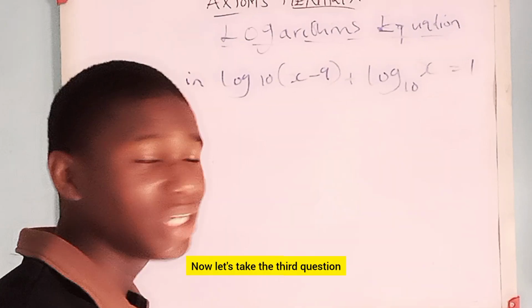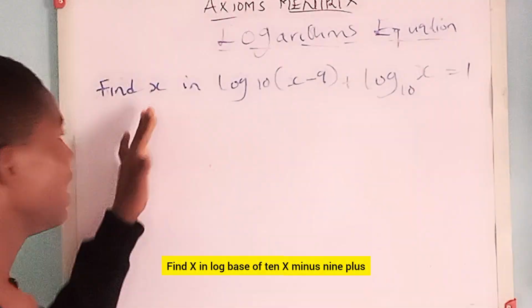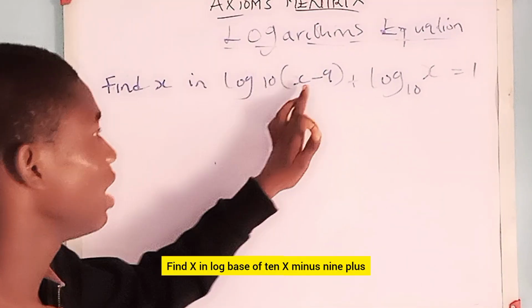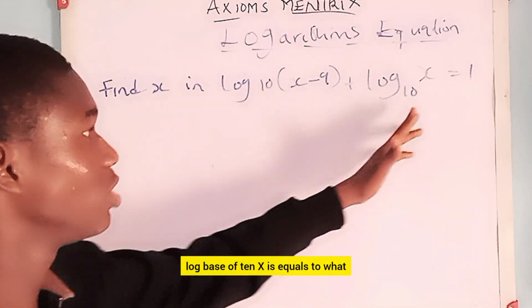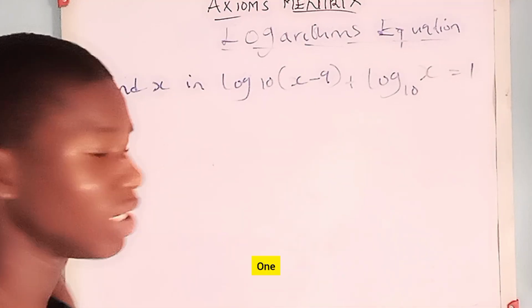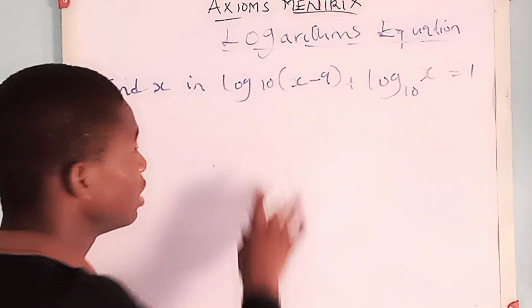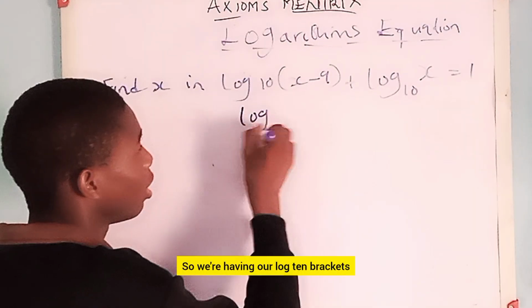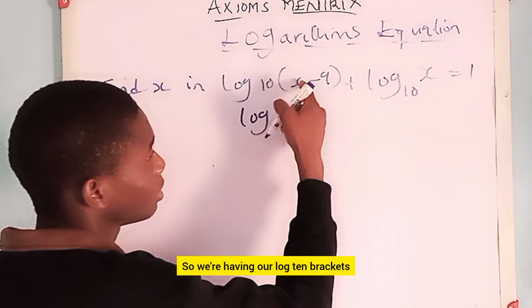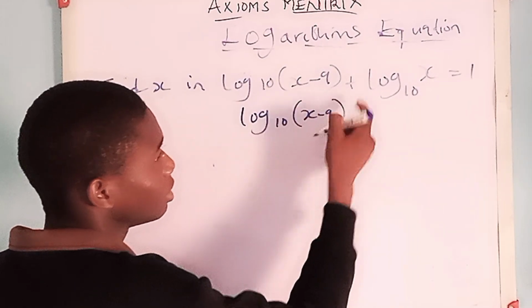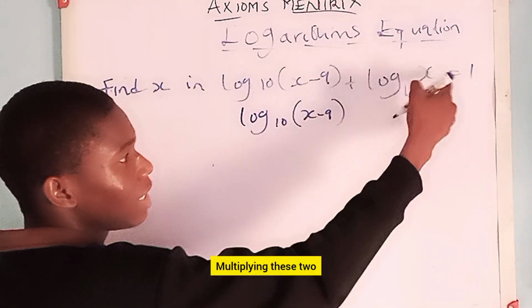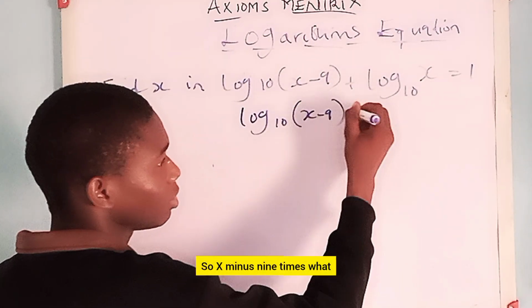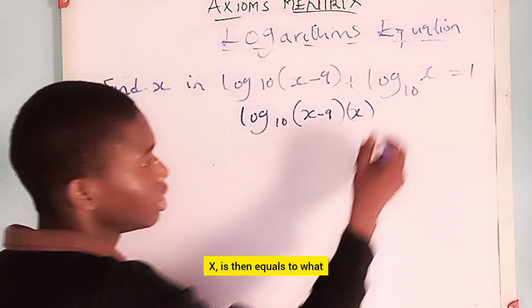Now let's take the third question. The question says find x in log base 10 of (x minus 9) plus log base 10 of x is equal to 1. So now whenever we have something like this, since we have log 10 and log 10, we are picking just one of the log 10. So we're having our log 10 brackets. Now x minus 9, since I'm having a plus, I'm going to be multiplying these two. So x minus 9 times x is equal to